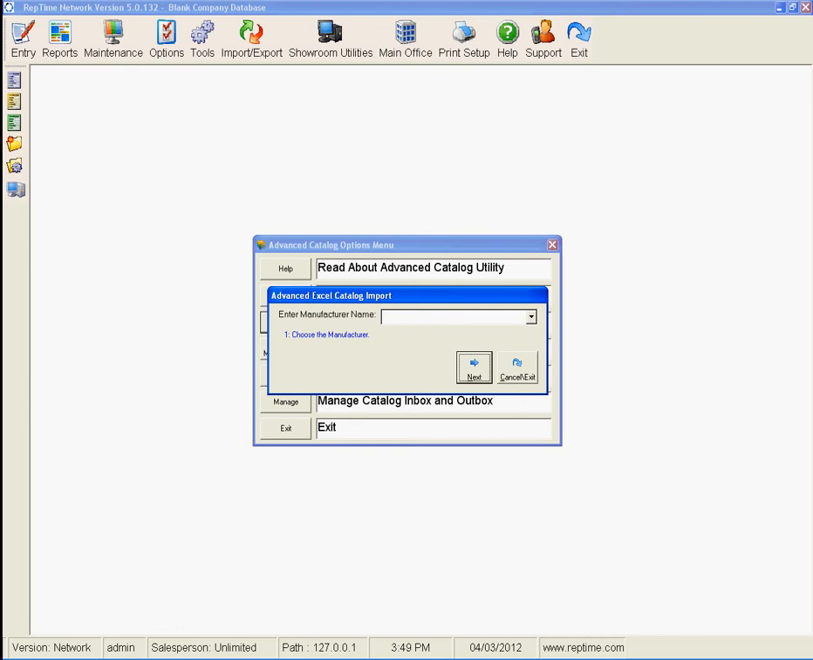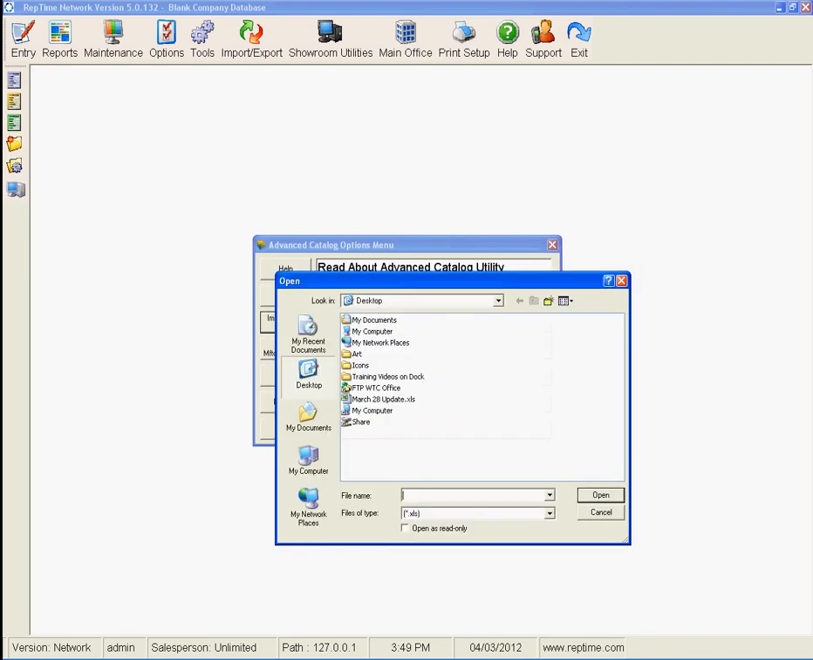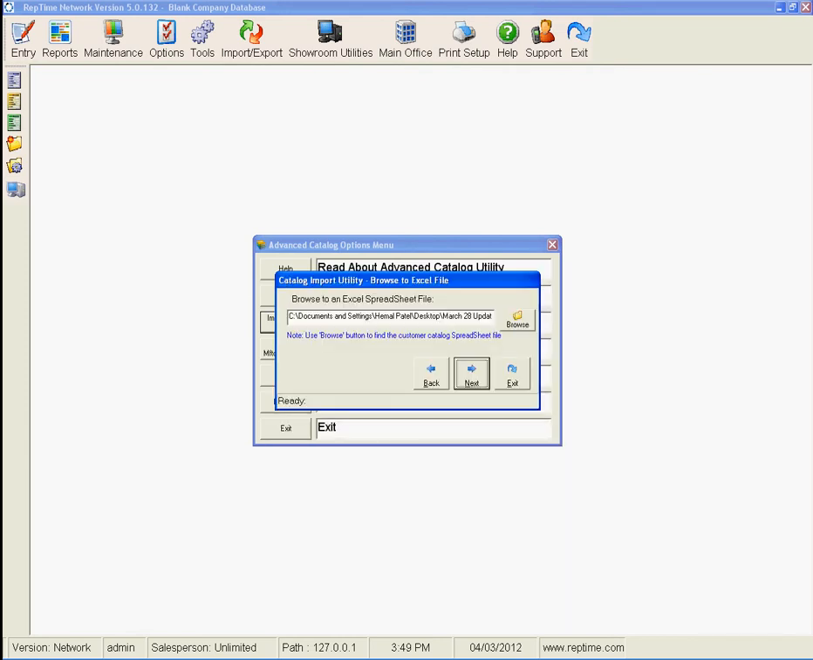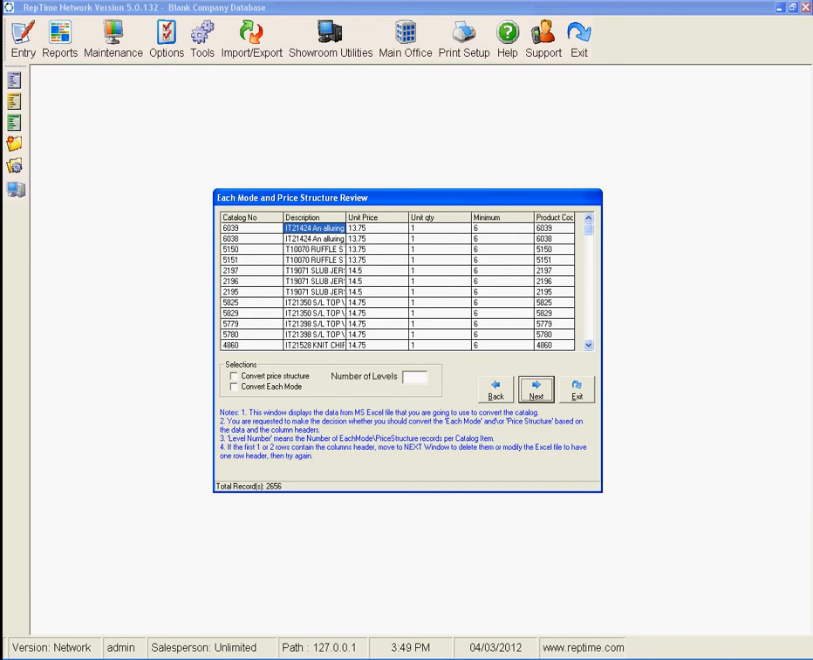Once you're at this screen, you're going to select the vendor you will choose to import the Excel catalog for. I'm going to choose MFG Test 2. Then hit the Next button. Click on Browse, and find wherever on your computer you have the Excel sheet saved. In my case, I have it saved on the desktop, and it's called March 28 Update. I'm going to hit Open, hit Next, and at this point you're going to hit Next again, unless you have